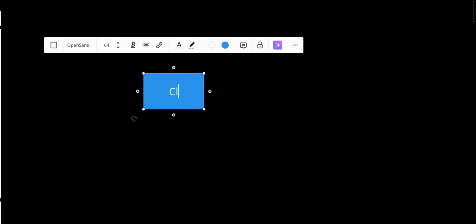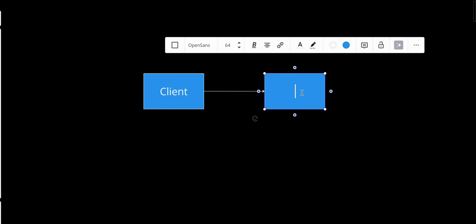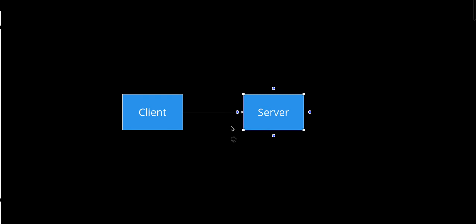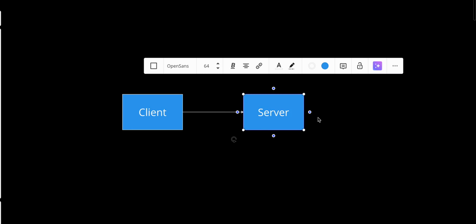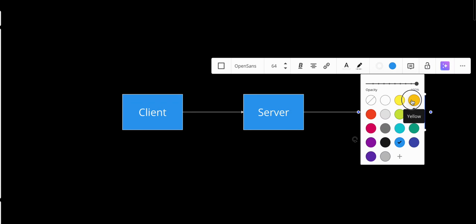Let's assume that we have a client and a pretty easy system, and the client will send a request to our server, for example, to see some videos, and the server will fetch those videos, or links to those videos, from a blob storage. And I guess everything looks fine,